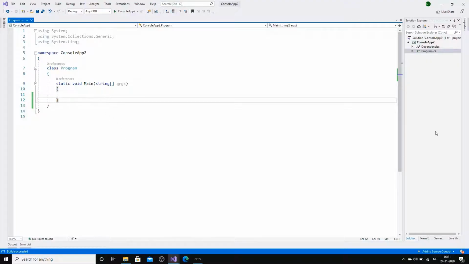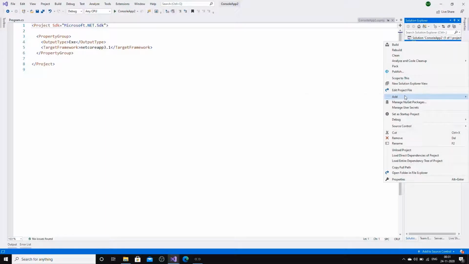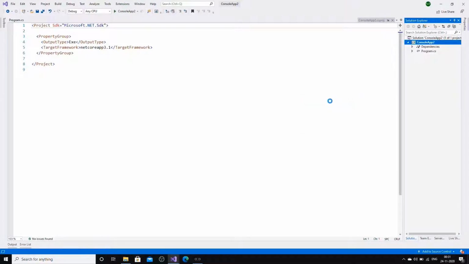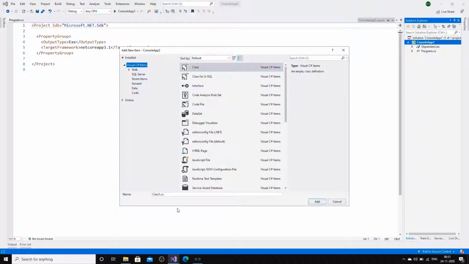I have created one .NET Core console application, and in this console application we will implement all the three switch case improvements one by one. So let's start. First of all, I will go and add one class and name it as product.